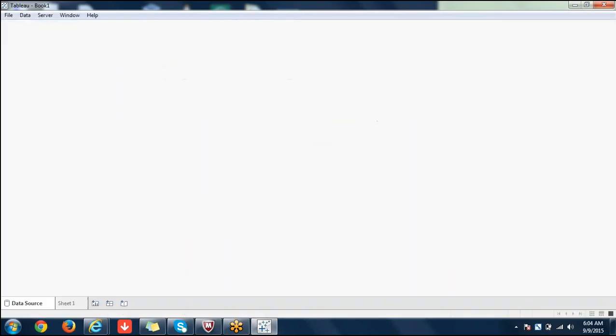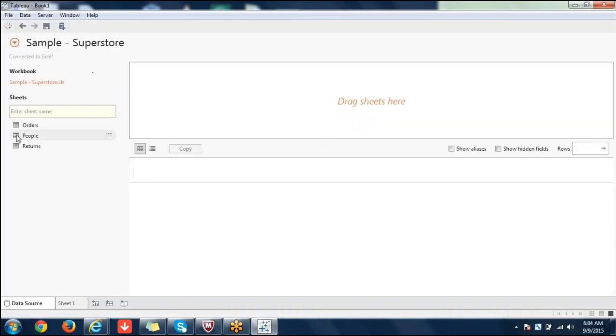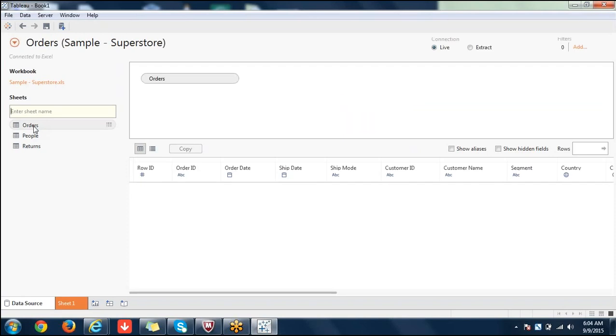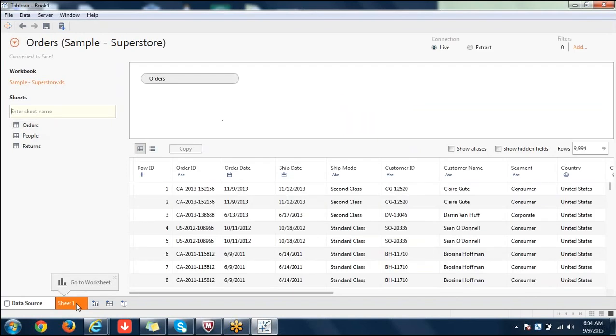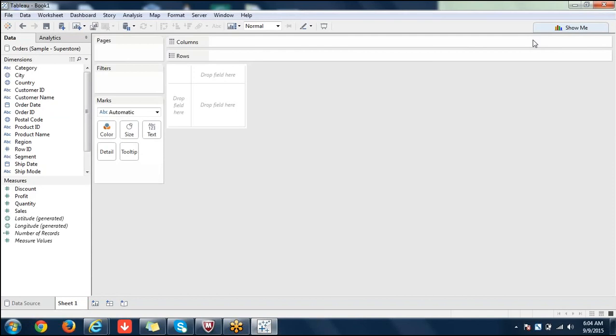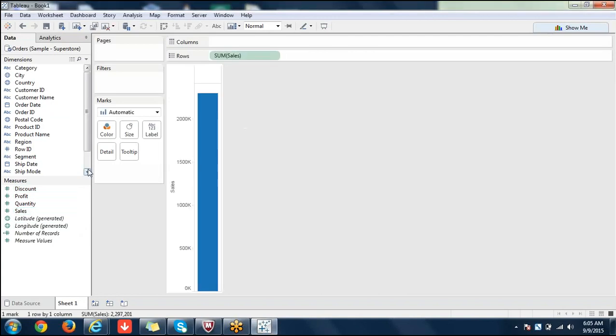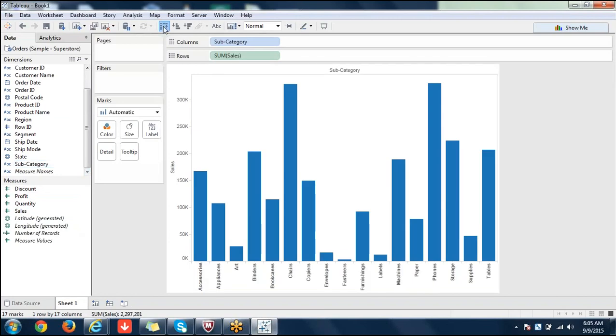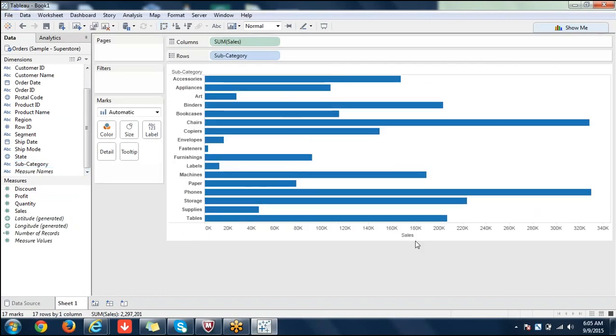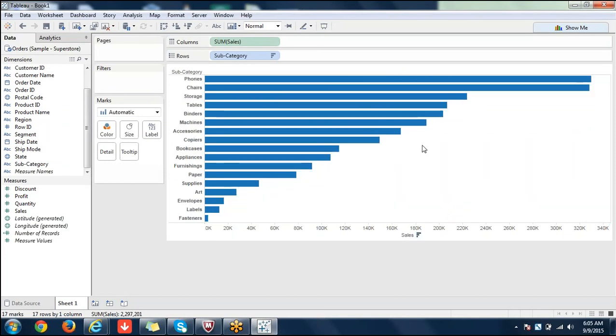We'll see filters today. As we have seen data source filters and extract filters, we'll be seeing the remaining filters. So we have seen keep only and exclude yesterday.